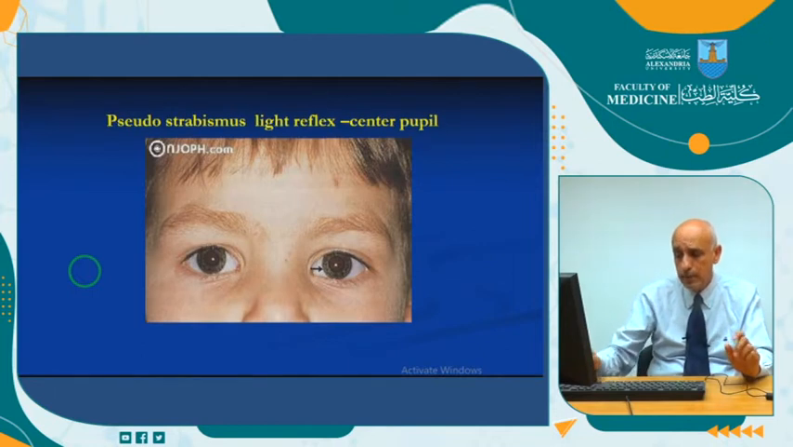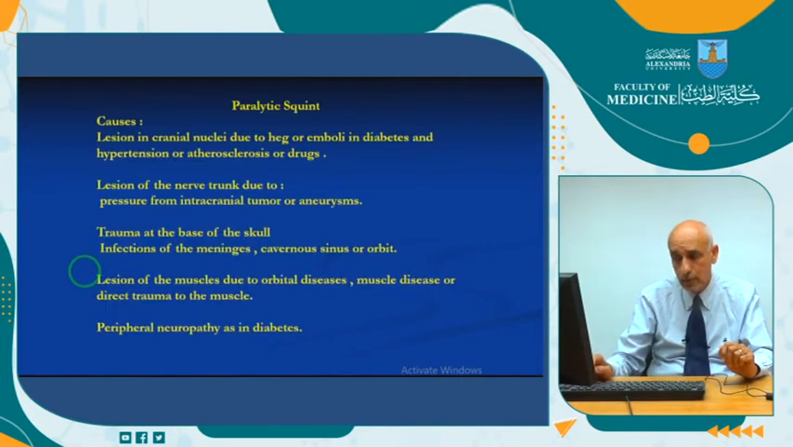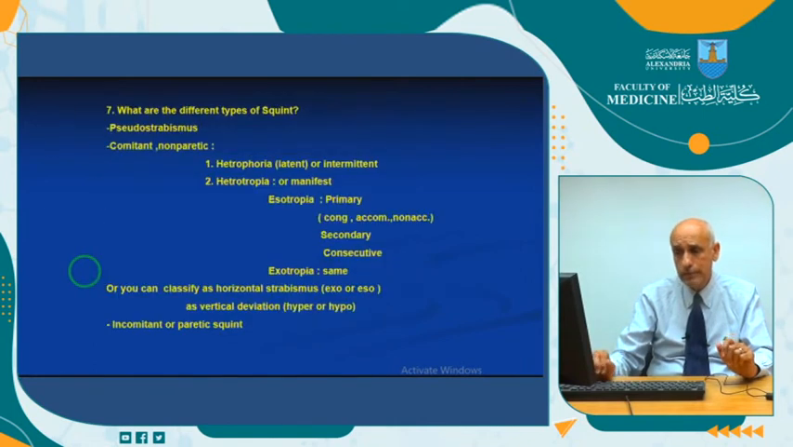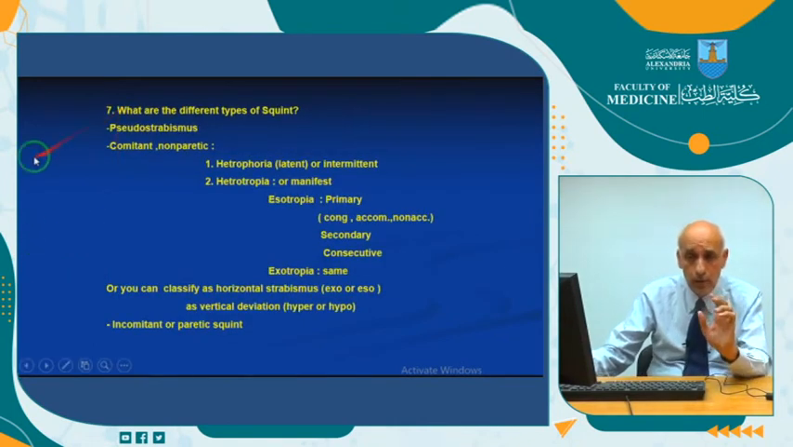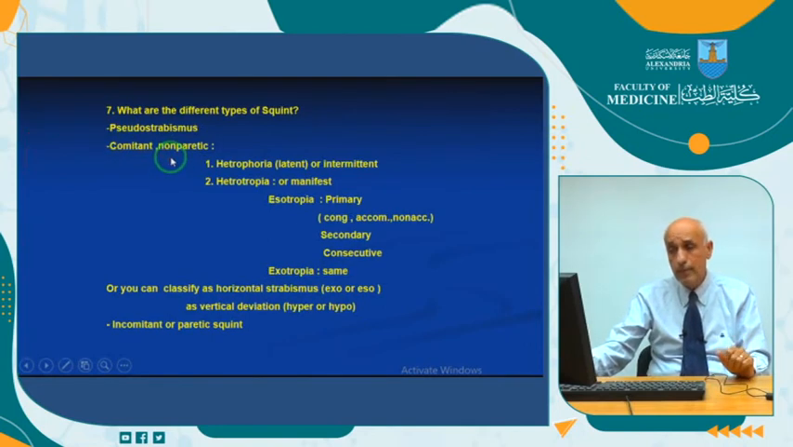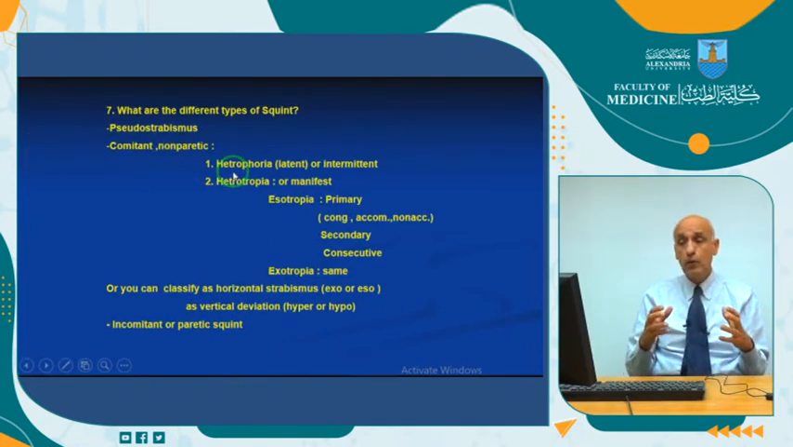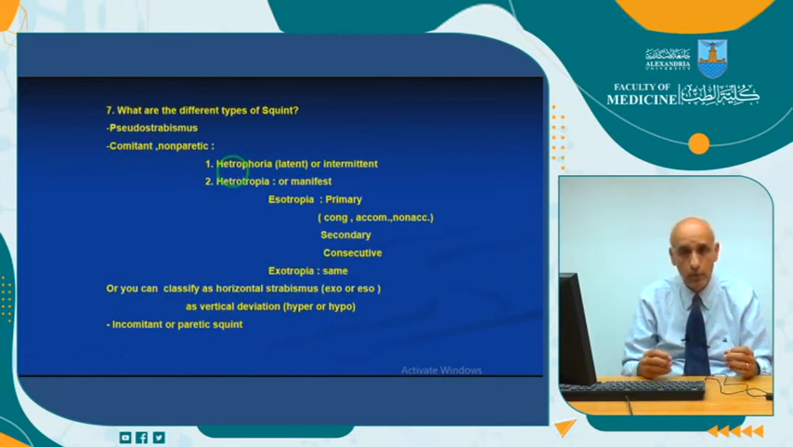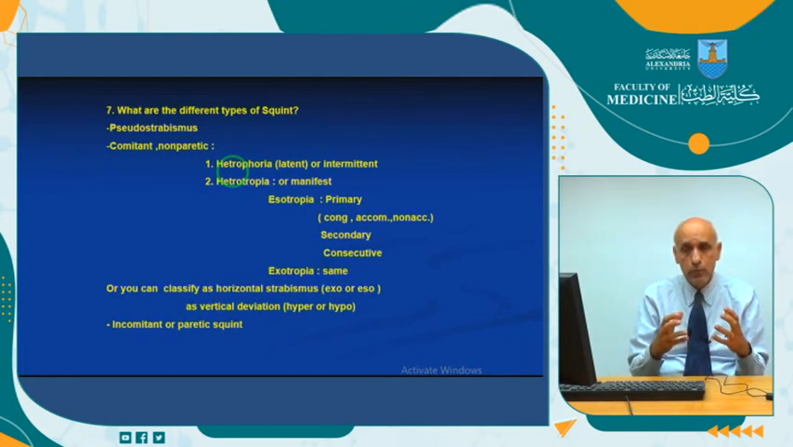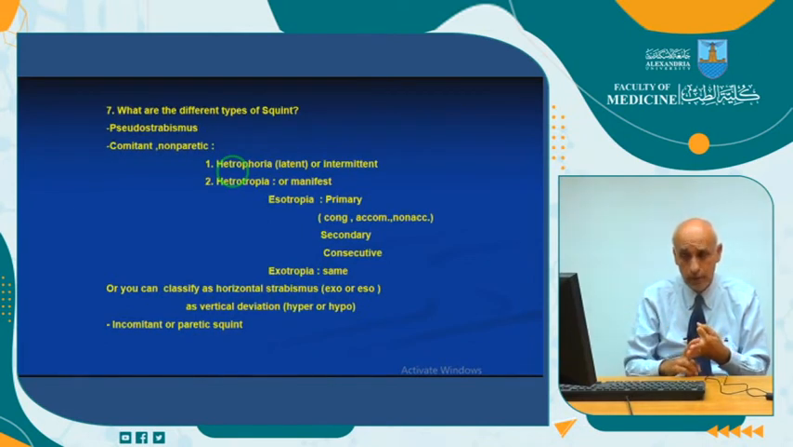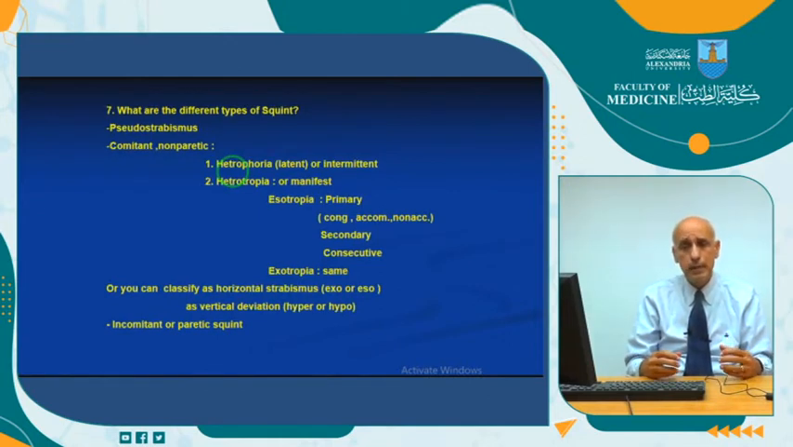This is also another example of the same child I showed you, pseudo-strabismus. Back to this slide, we divide the non-paretic squint into what we call heterophoria. Heterophoria is the latent squint. Maybe you are going to read this term. Heterophoria means you have a squint, but this squint will not be apparent until you are exhausted, or your refractive error is not fully corrected. We call it latent squint, and this latent squint sometimes occurs in any normal person, in a